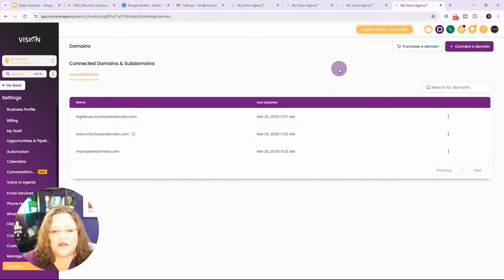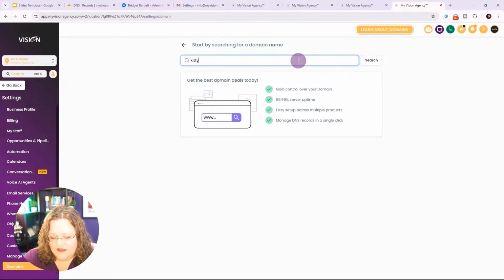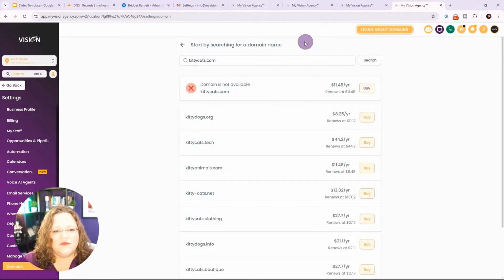But if you've never done it before, you might be a little bit intimidated, and that is likely how your clients feel. So if they don't have a domain, it's easier for them or for you to come in here and purchase the domain for them. Now, they'll need to choose their domain, or you can choose this for them, but you'll walk through the process. You'll search. If I looked for kittycats.com, let's say that was my business, and I click search, you'll go through that same process just like we did in Cloudflare, and you will choose the domain, and then you'll set it up just like you would any